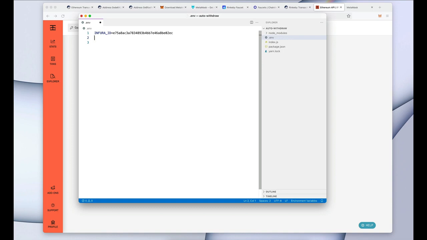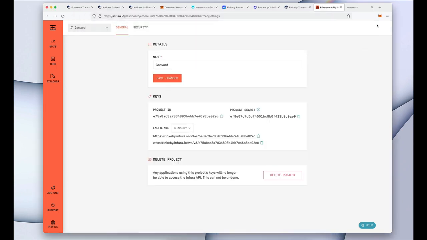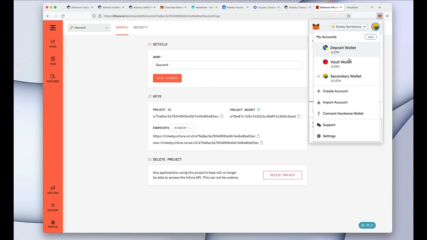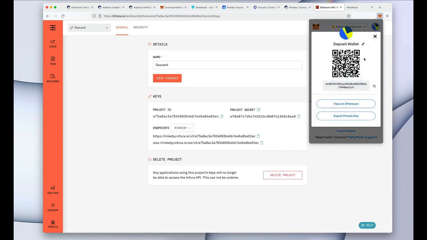Another thing that we need here is the private key to our deposit wallet. So for the bot to be able to submit transactions on behalf of our deposit wallet, it has to know its private key, right? So in MetaMask, you can get your wallet's private key by clicking on account details and